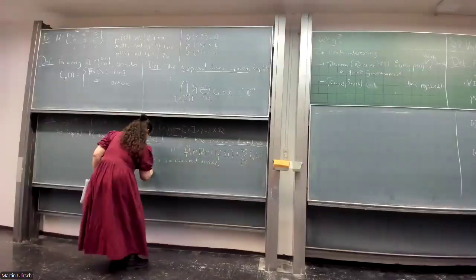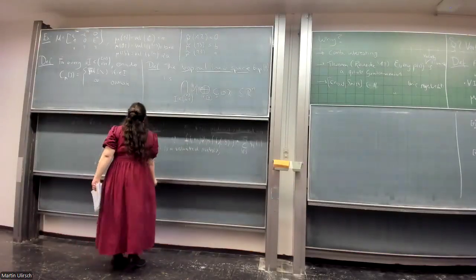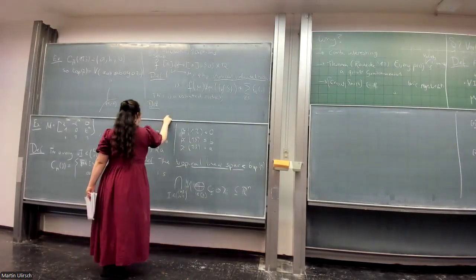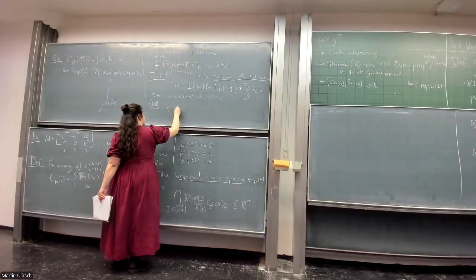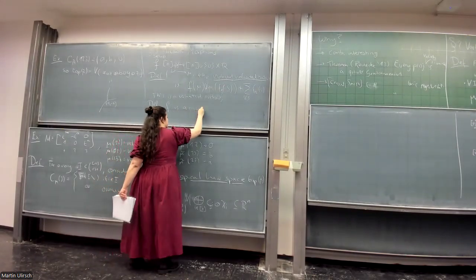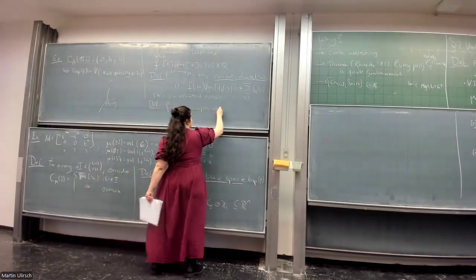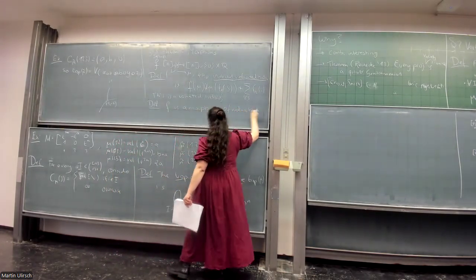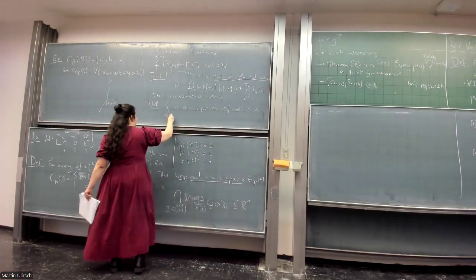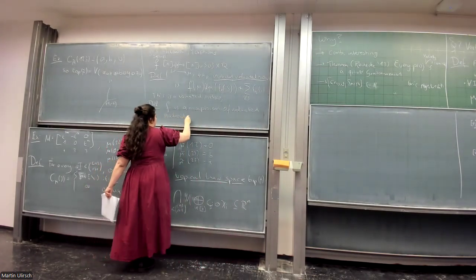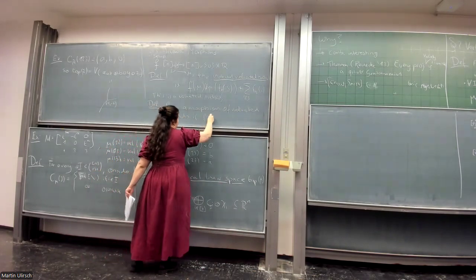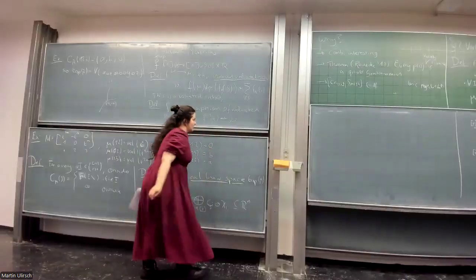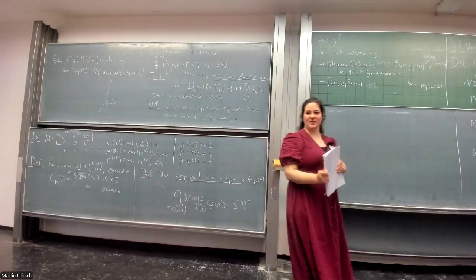So f is a morphism of valuated matroids if f to the -1 of mu is contained inside of a quotient of nu. Marie will tell you a lot about quotients